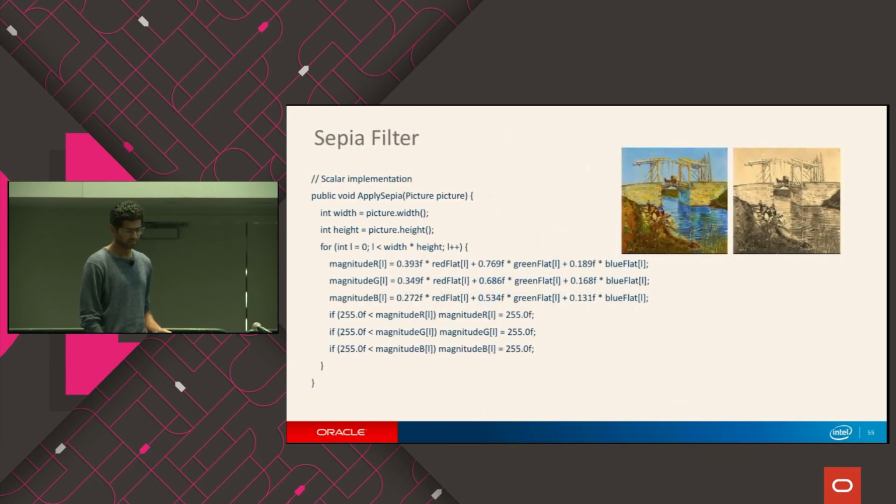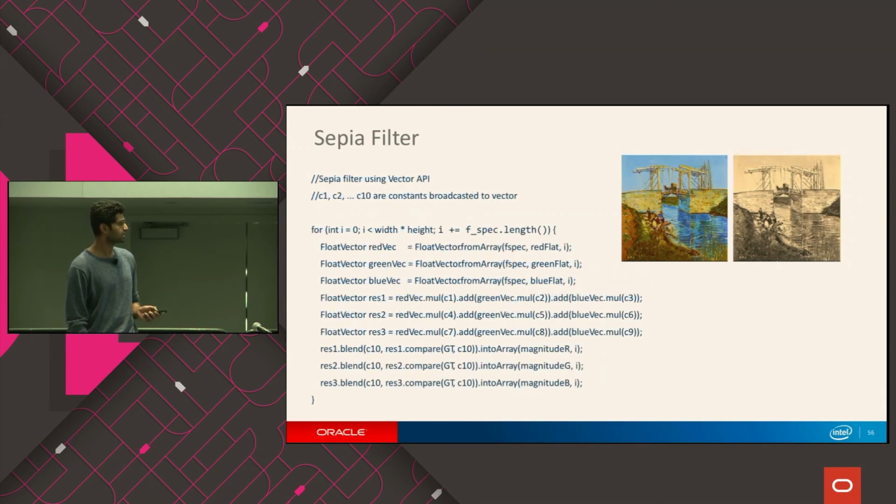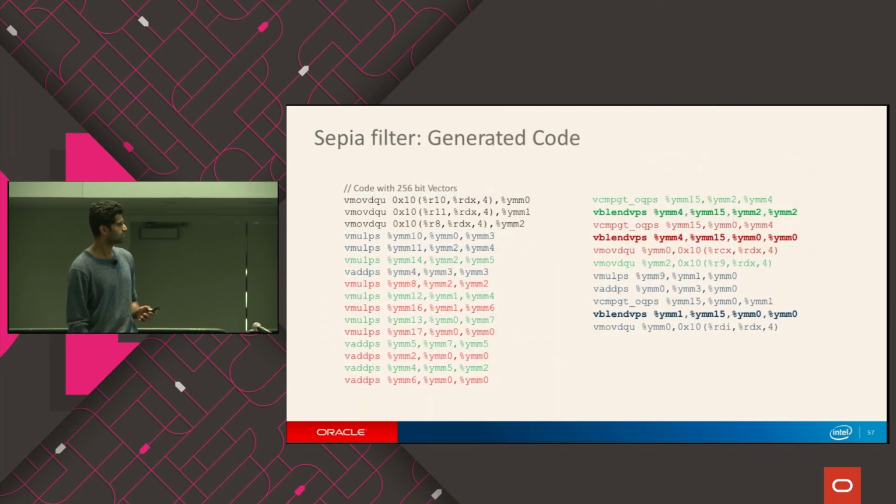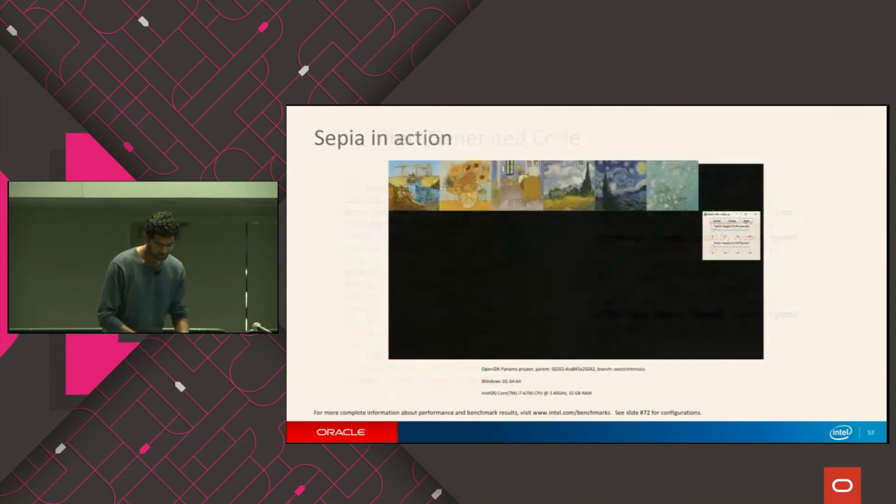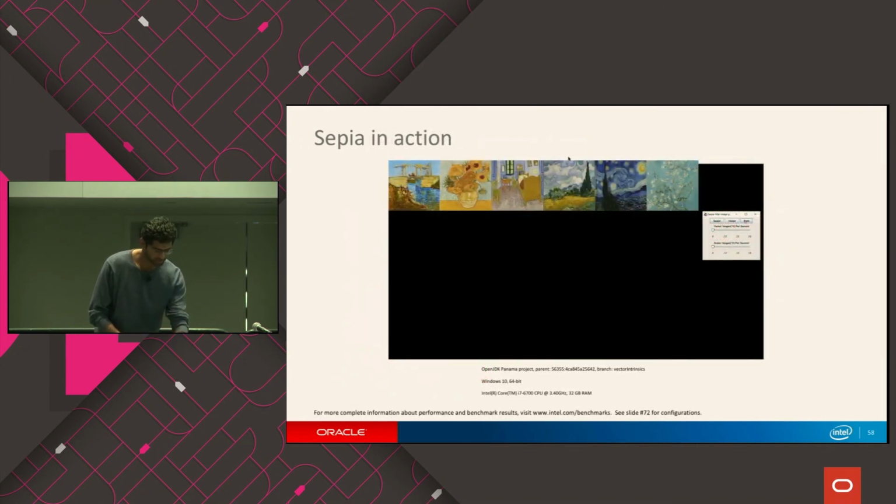So this is a final example of Sepia filter. This is a scalar version where you apply some computation on the different RGB values, and this is a vector version. And this is the generated code using vector multiplication and the blend operation. And this is the final demo of